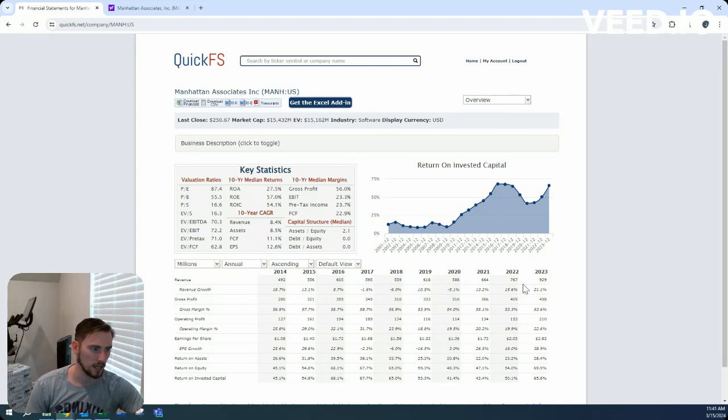Last 3 years have looked absolutely astounding. Return on invested capital, amazing. Gross margin actually down a little bit, and same with operating margins. So that's not connected to,